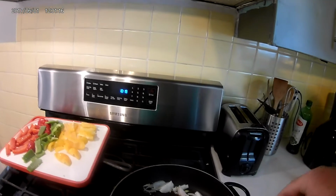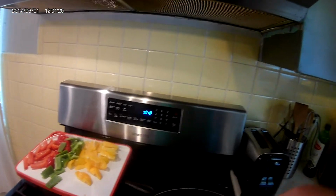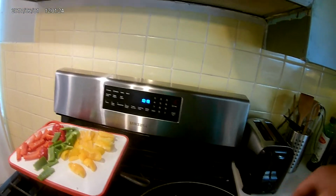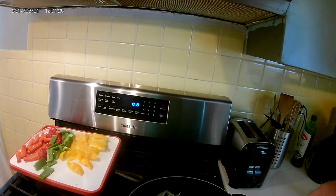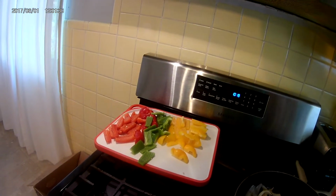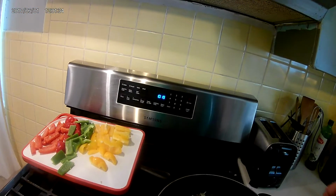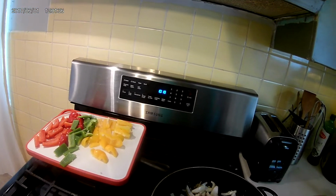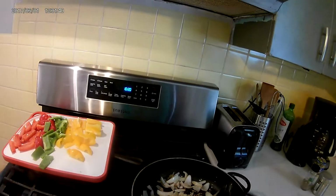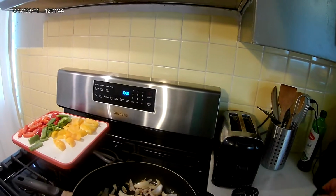So first, I just chopped up some onion. I'll saute some onion up in there with some garlic and a little bit of butter. Not too much butter. Got my green peppers, red pepper, and my yellow pepper over there. I'm going to put that in here. I like to cook the onions down first, about halfway, then throw the peppers in. So we got butter, garlic, onions,